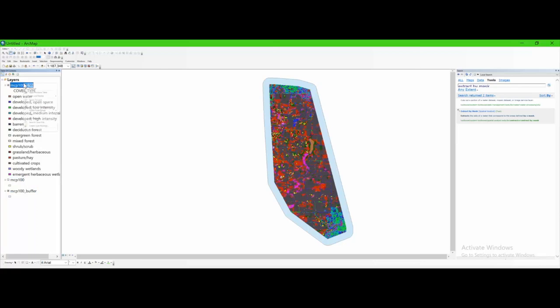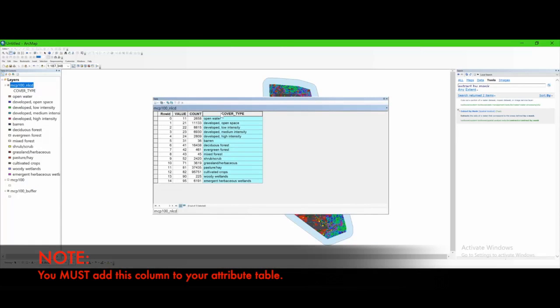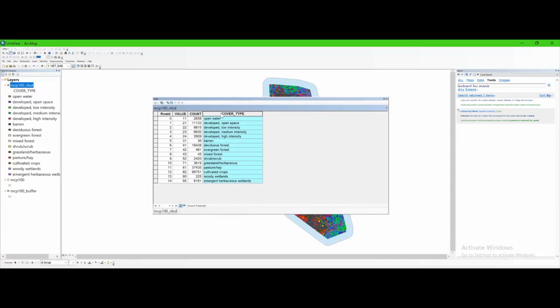So let's look at this for a minute. See what kind of data we have in here. One of the things that you'll notice if you do what I just did and pull up the attributes, you'll see I have this cover type column that you guys do not have, and that's because I added it on my own. What you'll want to do is add a similar column, and the way that you do that is you'll go over here, right click, edit feature, and hit start editing,